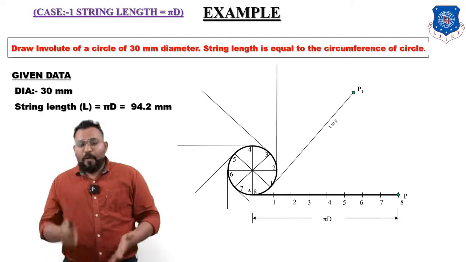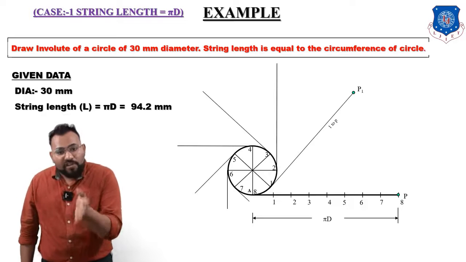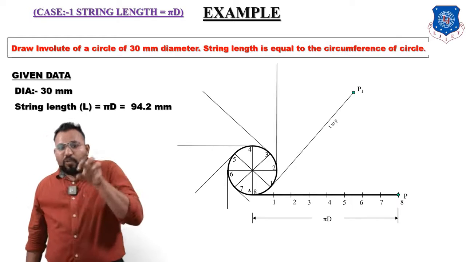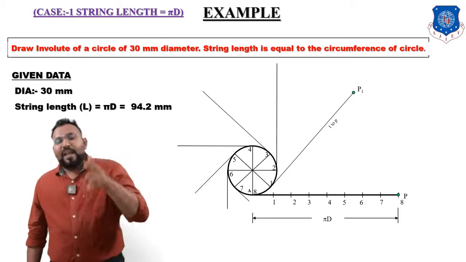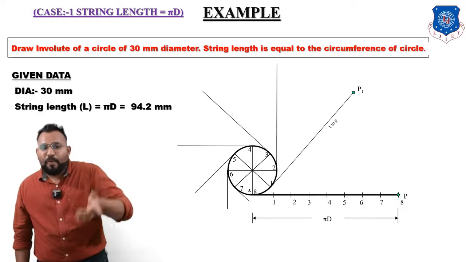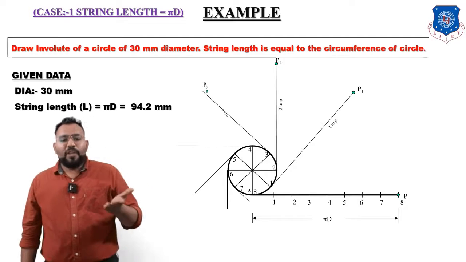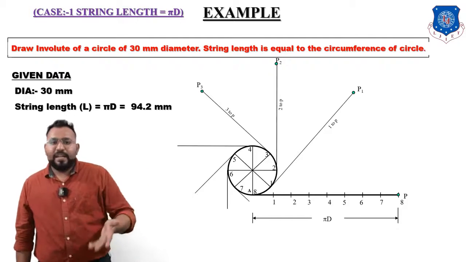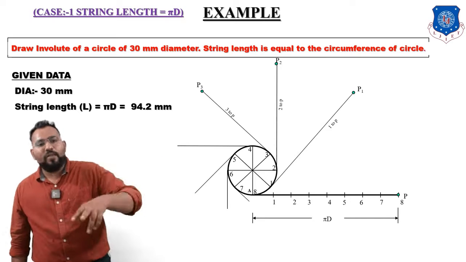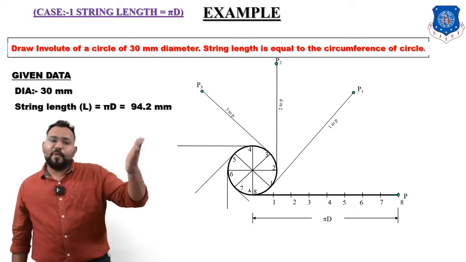Same from point 2, now you have to take a distance equal to 2 to P on the string. By taking a distance equal to 2 to P on the string, now come onto point 2 on the circle, and with 2 as a center, put an arc on the tangent which is coming from point 2, and wherever it intersects it will be point P2. Same from point 3. How much distance do you have to take from point 3? You have to take 3 to P, and wherever it intersects it will be point P3.